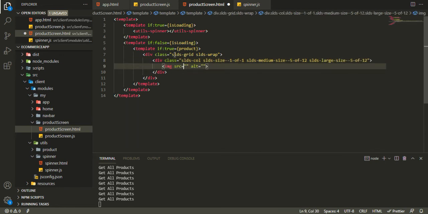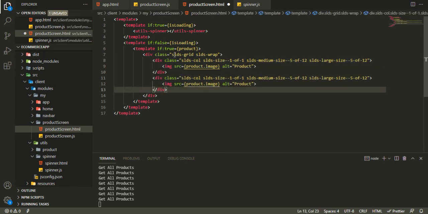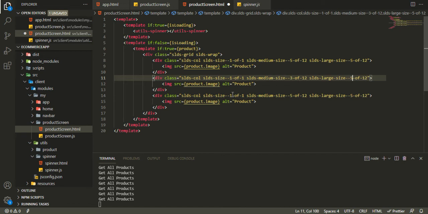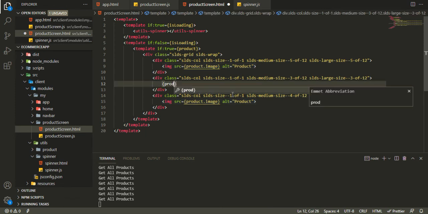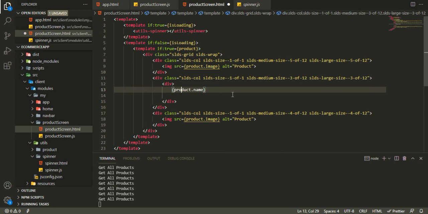In here there will be an image, and image will get the same. I'm gonna copy it down for the product price and those. But for that we have to 1 out of 1, but for the medium we want this div to be 3 out of 12, and the last one would be 4 out of 12 for the price and quantity. So in this we want like product dot name and product description too. So for name,